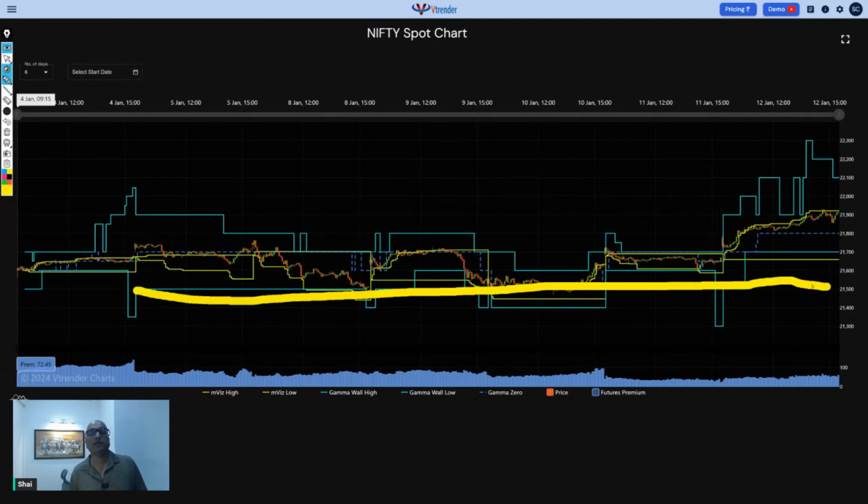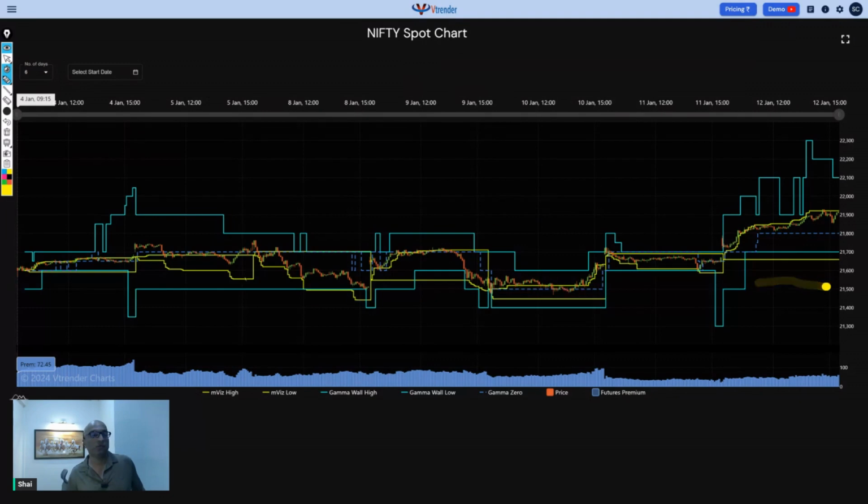And if you look at the activity from last Friday to yesterday's settlement, it was confined. The price bars can show you, but you can go back to your charts and have a look at it. Most of the activity was confined within 21,900 and 21,500. Now, this does not mean that everything was 100% confined within that. As the market ebbs and flows, as it moves up and down, you will see that there are